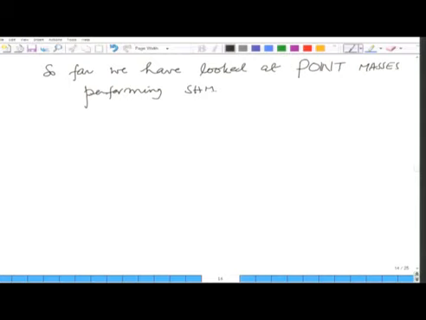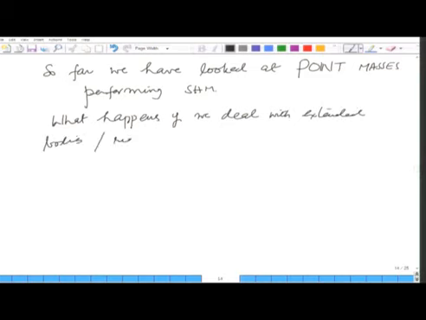Now, we are going to generalize and see what happens if we deal with extended bodies, rigid bodies, and so on. So, as the first example, I am going to take